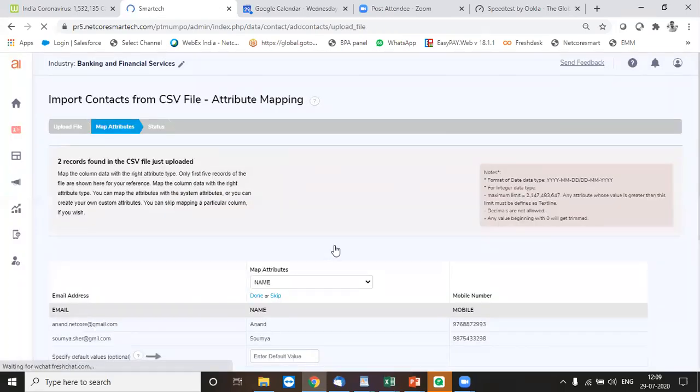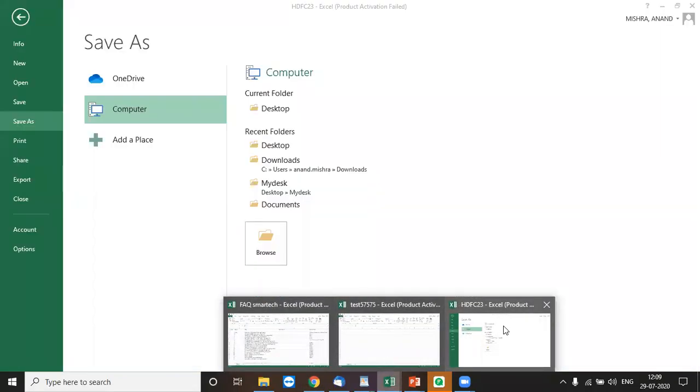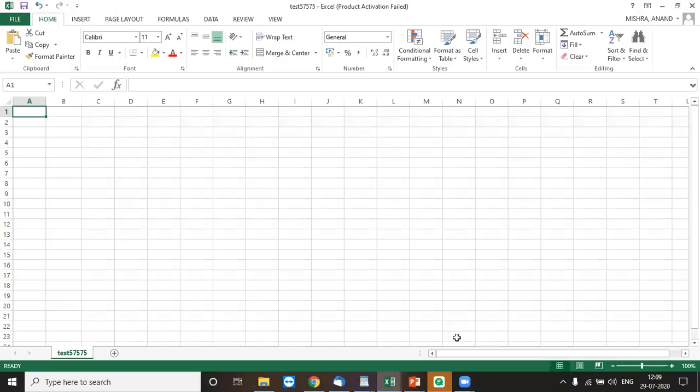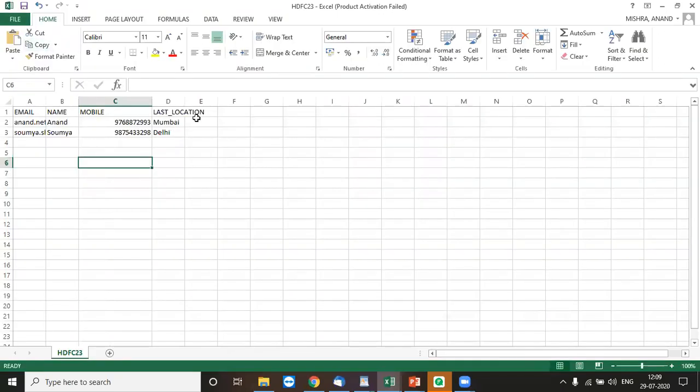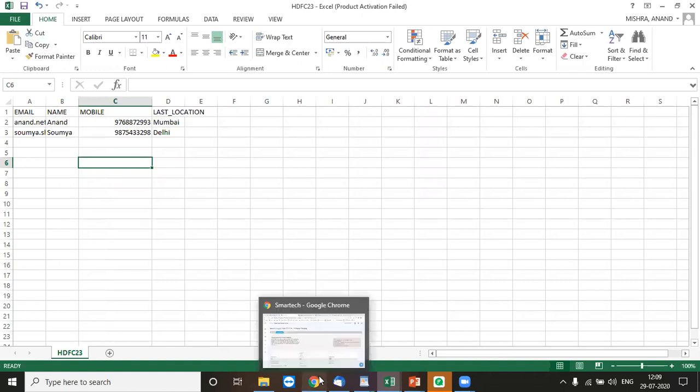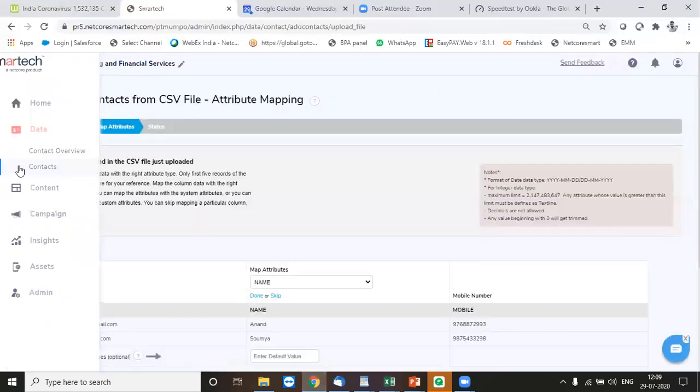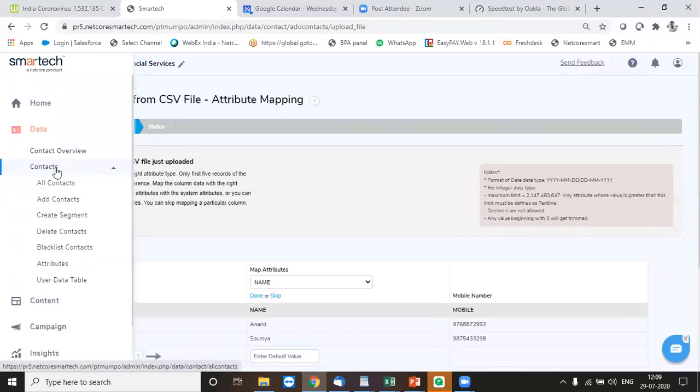Now here a small step we also need to include is, if we are adding any new attribute for the first time, let me go back to this file again. Any attribute which you're adding for the first time, name, location, voucher code, anything, there's a one-time requirement of defining that attribute by going to the attributes option.